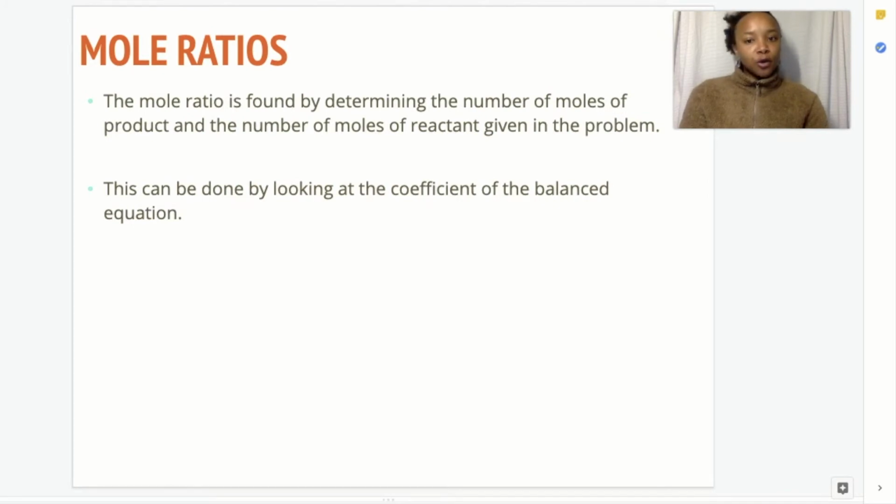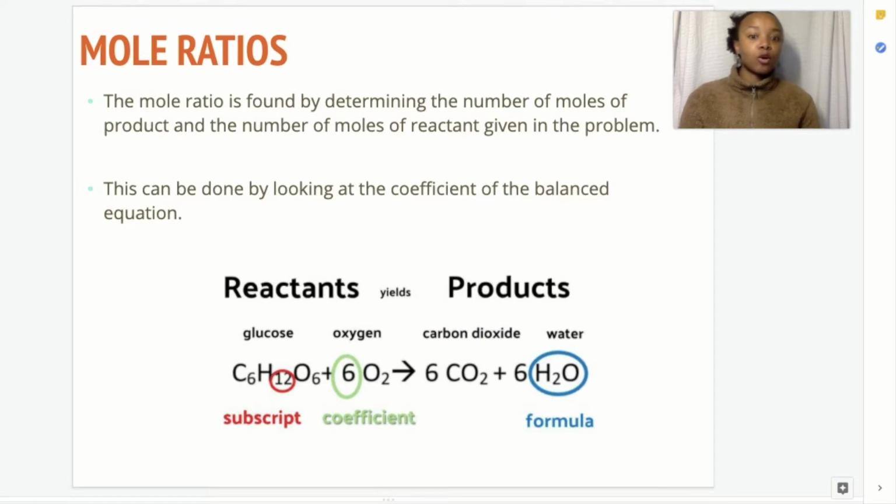Okay, so the mole ratio is found by determining the number of moles of product and the number of moles of reactant in the given problem. This can be done just by looking at the coefficients of the balanced equation. So just to make sure that we're all on the same page here,